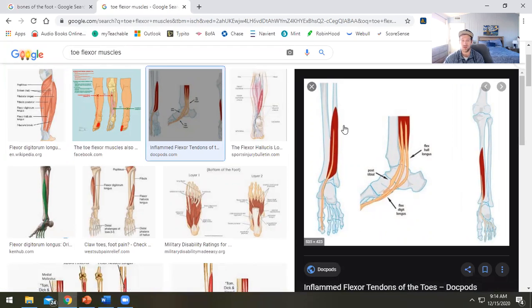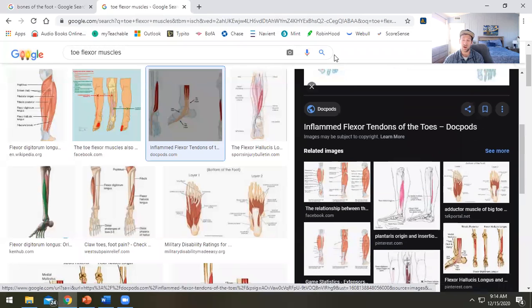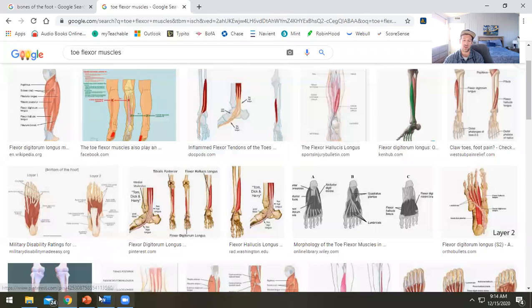I know it doesn't seem like we want to spend a lot of our time in the gym doing toe reps, but stretching these, what are called your flexor hallucis, and then there's longus and brevis and stuff. But stretching these toe flexor muscles are a big part of strengthening the bottom of your foot. And so, it'll come down to doing things like towel scrunches,